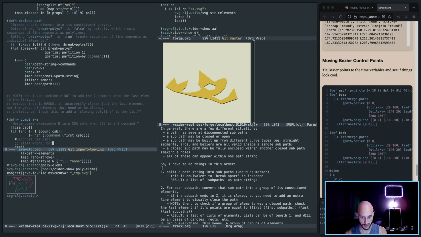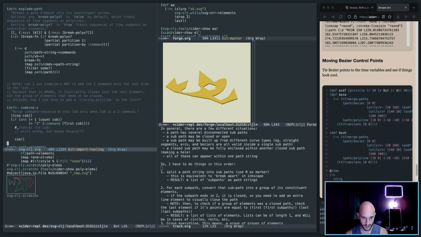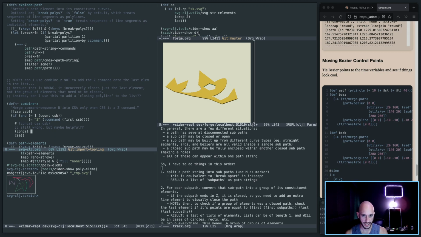Still wrong, but maybe helpful. If I do this, instead of concat CSA, so instead of adding the Z command onto there, I actually want to assoc into